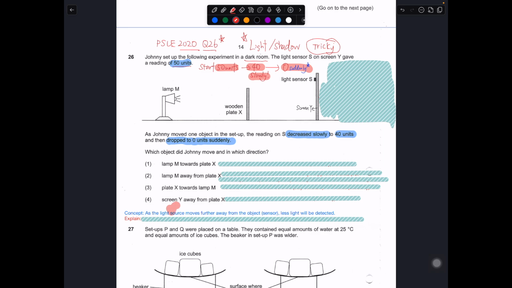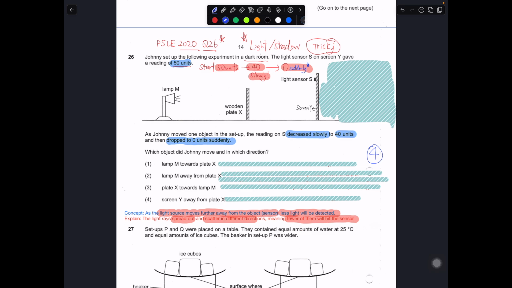The key idea is this: when the light source moves further away from the object, in this case the sensor, less light is detected. And the reason is the light rays are spread out, scattered in all directions, and therefore fewer of them are hitting the light sensor. Therefore 50 to 40, this is the decreased part. Then it suddenly hit 0, it means that it probably already hit the shadow zone. So in this part I'm going to tell you that the answer is 4,